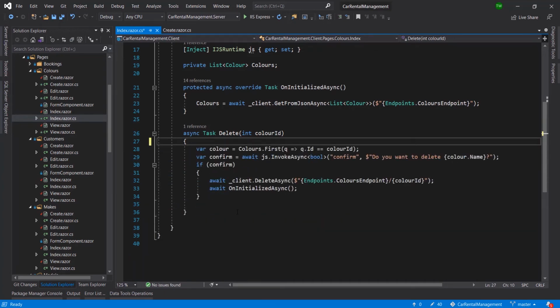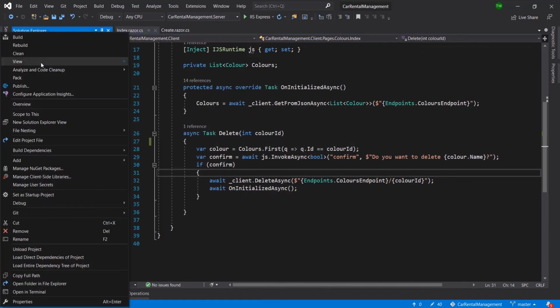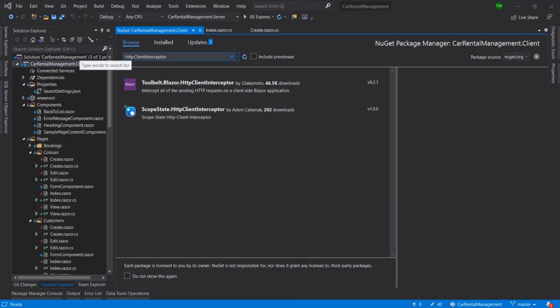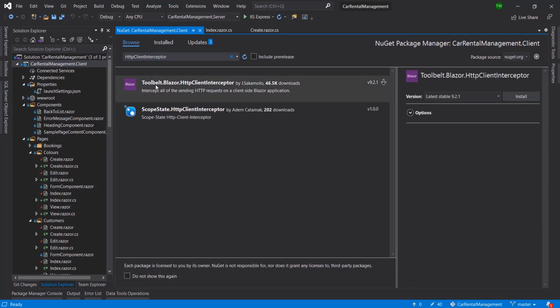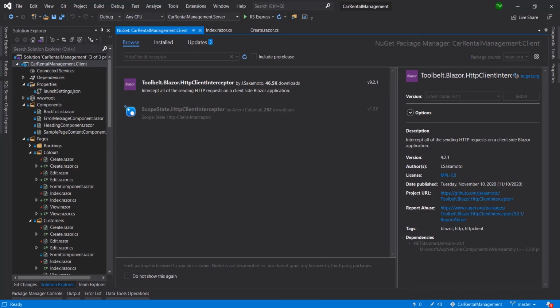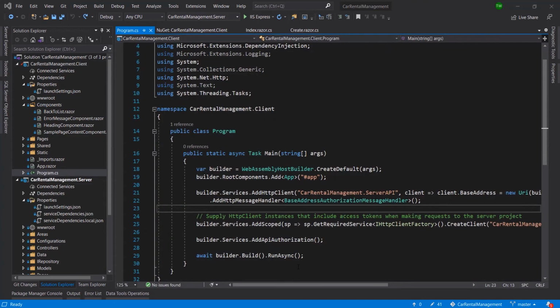So what we're going to be doing to implement our global error handling is installing this package called HttpClient Interceptor. So we're just going to go over to NuGet in our client application, and we're searching for HttpClient Interceptor. So we go ahead and install Toolbelt.Blazor.HttpClientInterceptor. Now, after that has been installed, we're going to go over to our Program.cs file, and then we're going to make a few adjustments, starting with our